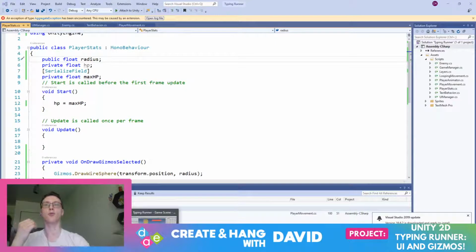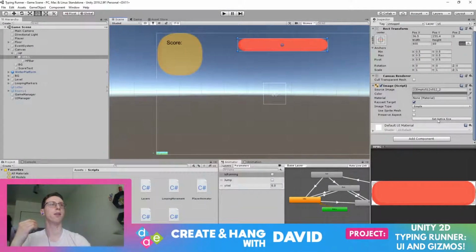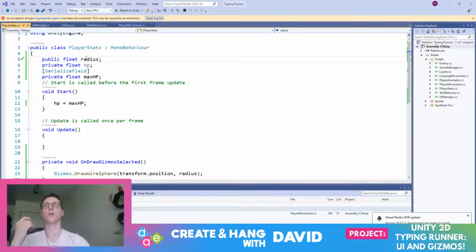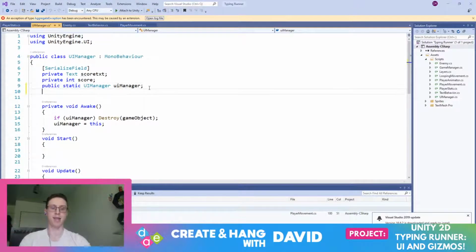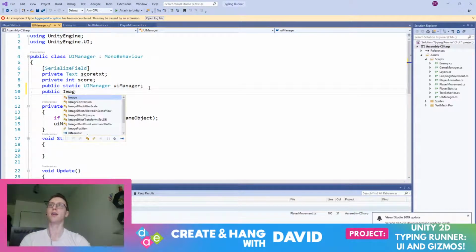So what do we want to do? What we want to do is set the fill amount here to the ratio of HP to max HP. So we actually need to do that in manager, public image. We can only access this because we're using the UI package up here. Image, HP image,